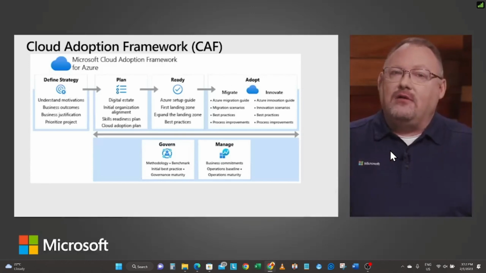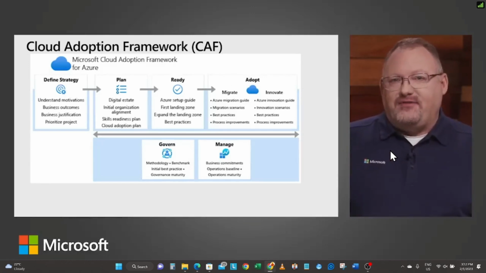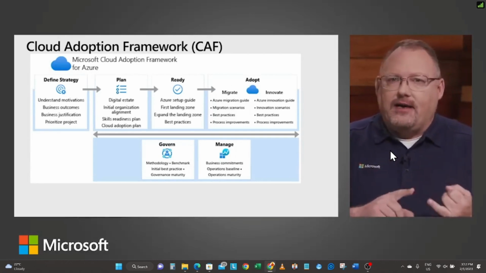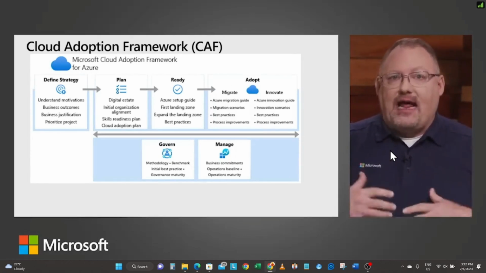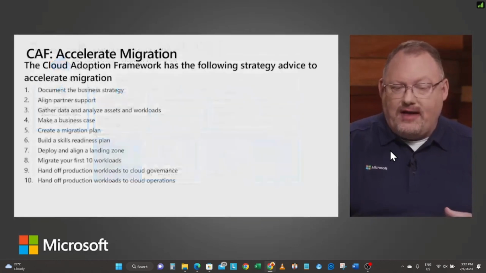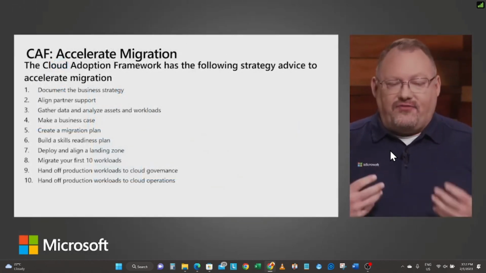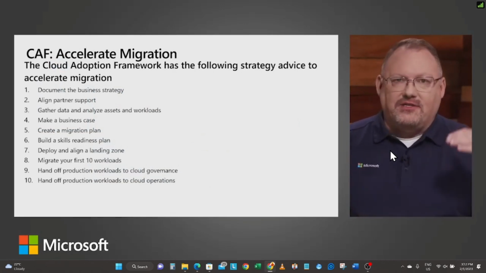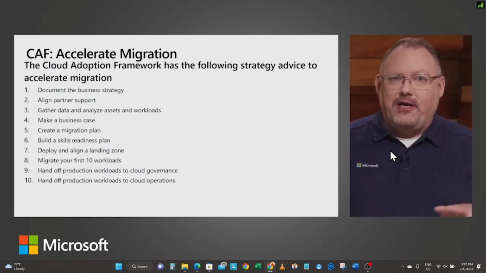Throughout the entire life cycle of this process, you have to have those two big pillars always. Hey, what's our governance going to look like and how are we going to manage it? Readiness is a part of that. Having a definitive plan is a part of that as well. And so we have this framework that helps document all these strategies of how we look at the business strategies. And we're going to look at all these individually here in a second.